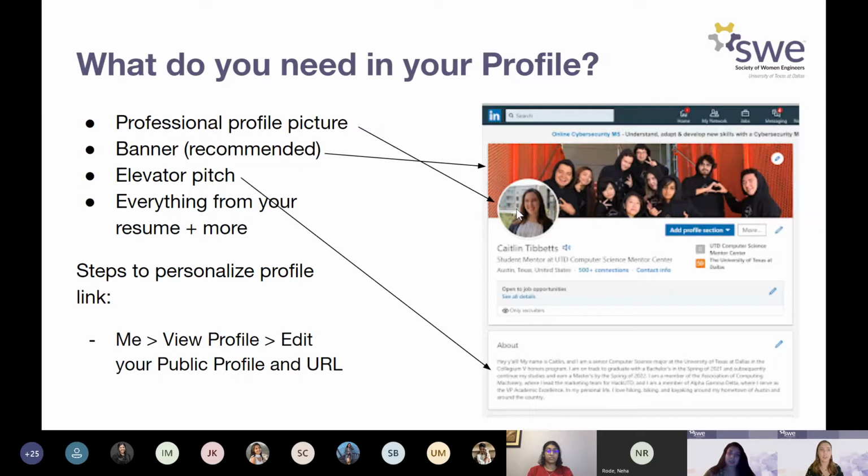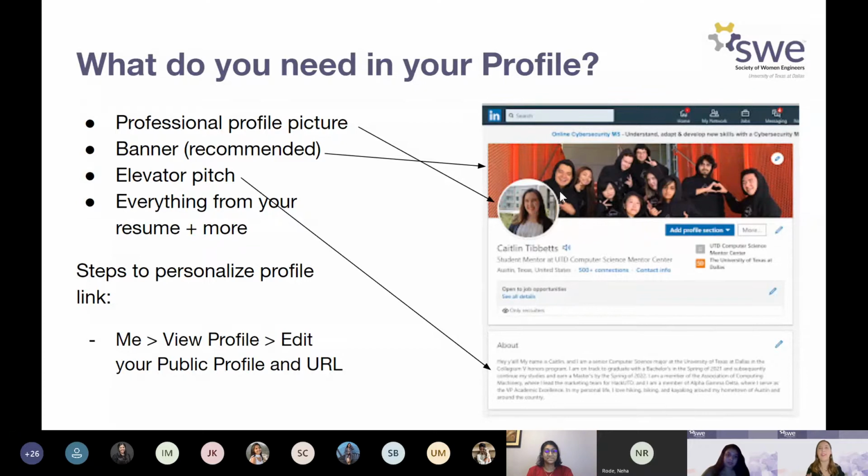And it shouldn't be a selfie. So don't take a selfie and think, oh, this will be my LinkedIn profile picture. That doesn't put the right air about you on your LinkedIn profile. The profile picture is the very first thing that a recruiter looking at your profile will see, so it needs to be one of the strongest parts of your profile. Like my profile picture, I have on a blazer, a nice shirt, and jewelry and makeup and all that stuff, but this was just taken on my balcony. My dad took this on my balcony.